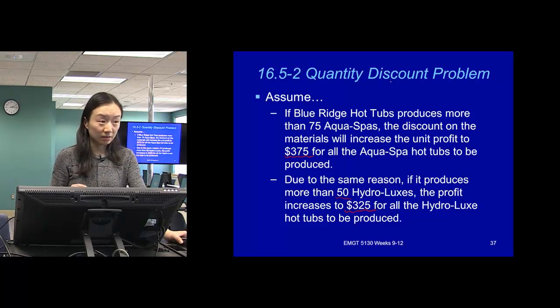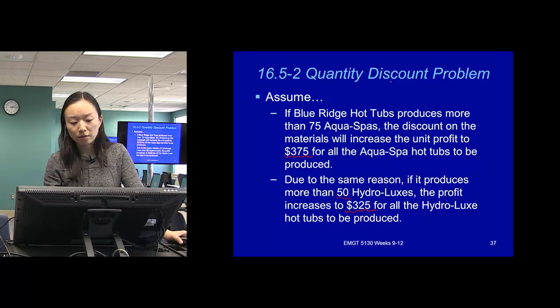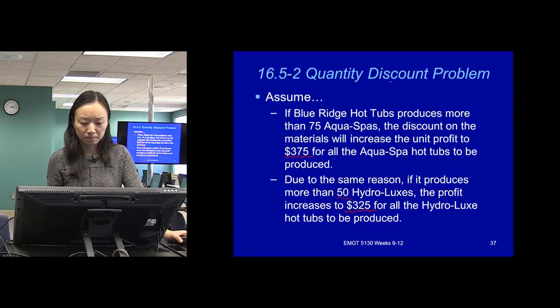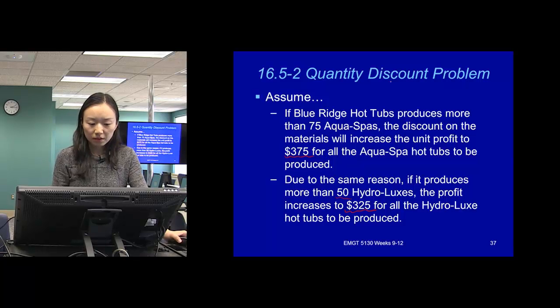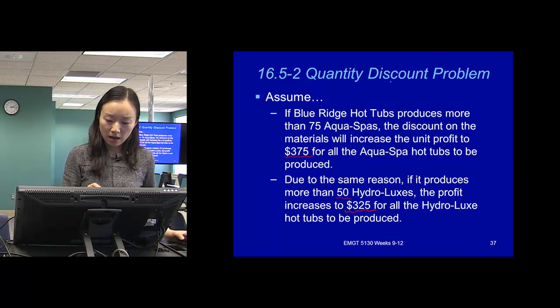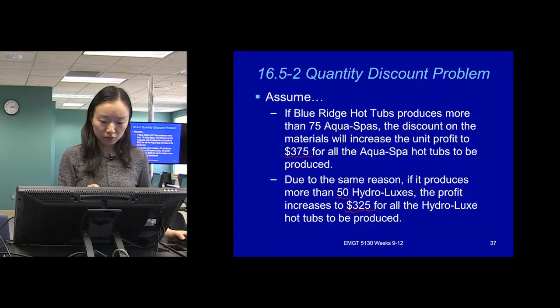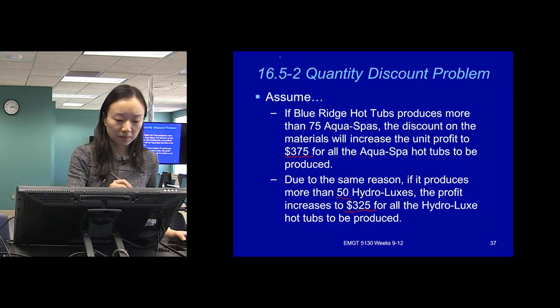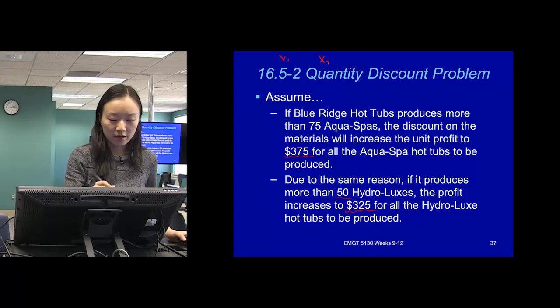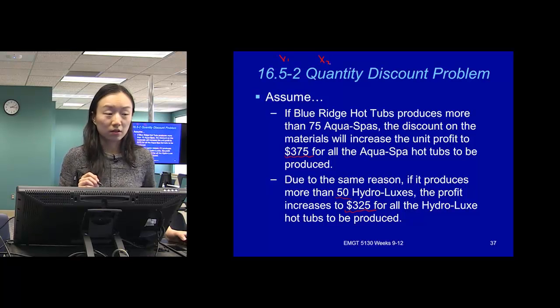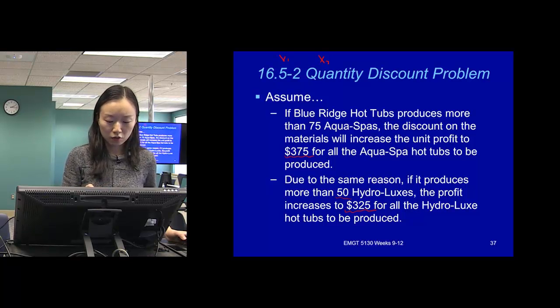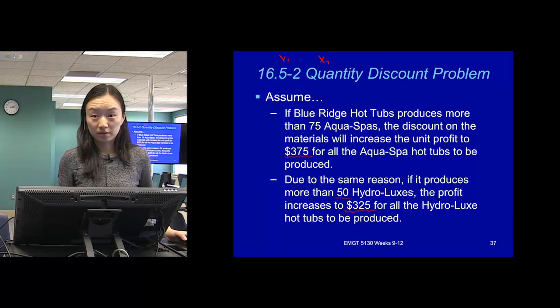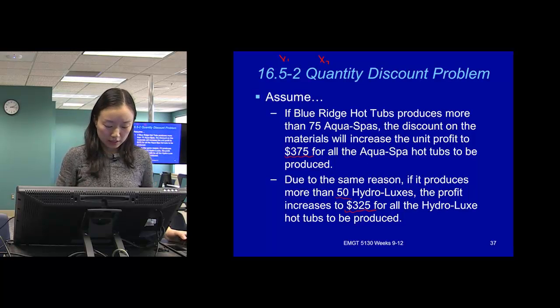Okay, so with this, let's think about how we create a model for this problem to solve it. Okay, first think about the decision variables. If we start from the original Blue Ridge Hardtop problem, we have x1 and x2, right? Representing the number of Equus bus and Hydroluxes you're going to produce. Okay, but in this problem now,